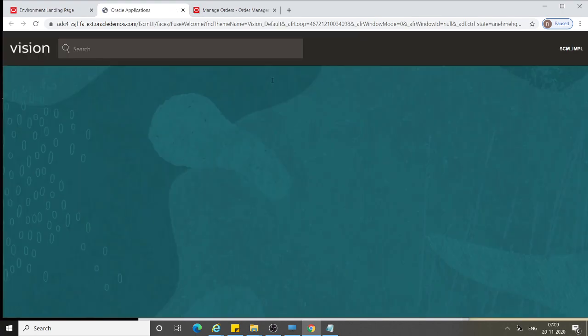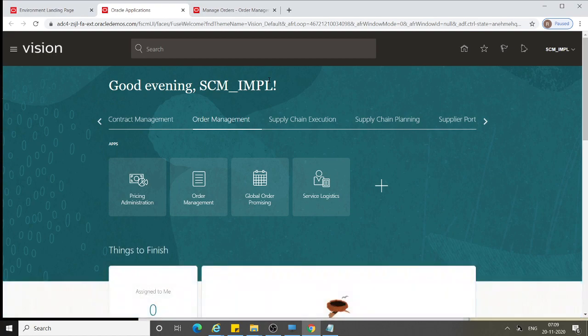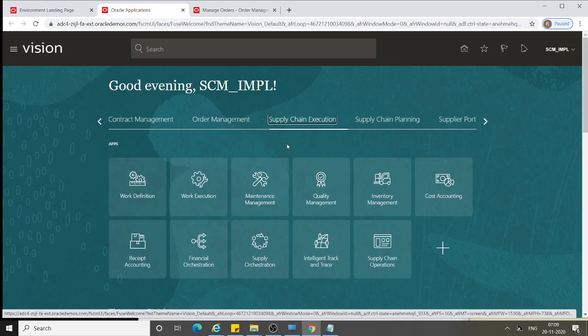Since I have logged in with the SCM IMPL user, who has the roles required to create the sales orders and the shipping. So from here I'll go to supply chain execution and then to inventory management.